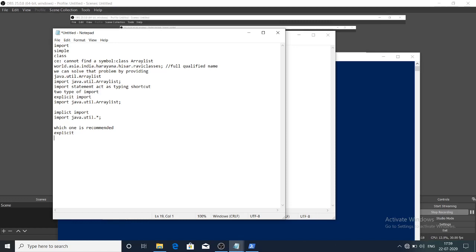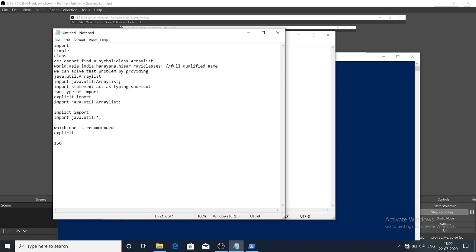I mean, the readability and maintainability of the code will go down if we use this. If we have 150 Java classes we want to import, it is always recommended to use explicit only, because implicit has one problem like that. See, if I have 150 classes, or I use import java.util.star, think, in that package there are 150 classes and interfaces.